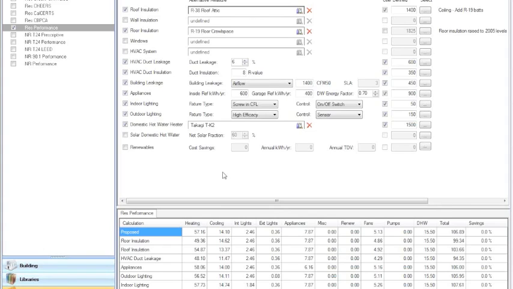Okay. Martyn, we have a couple of questions still pertaining to the attic, so I'll try and grab those if we can. What about a higher insulation value or a value that's not there in the library? How do you